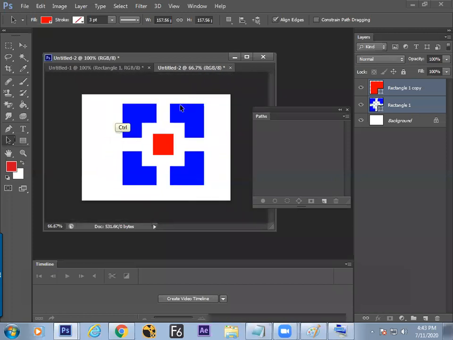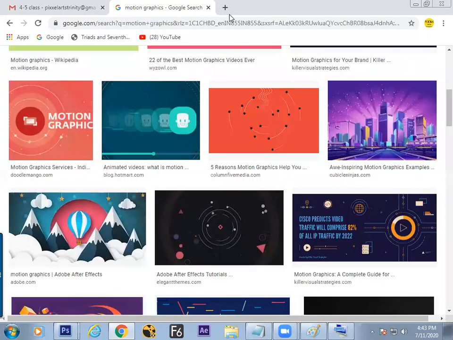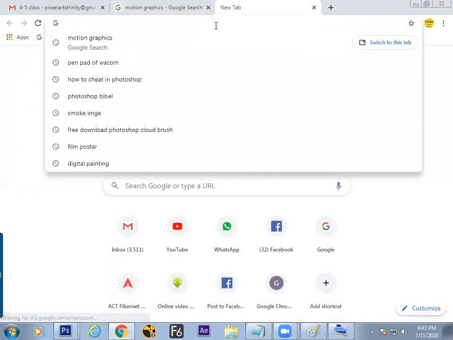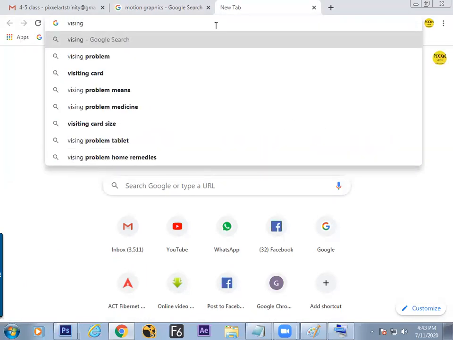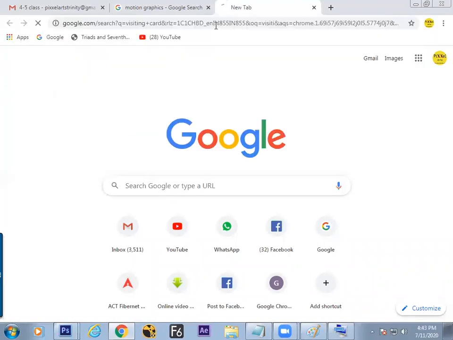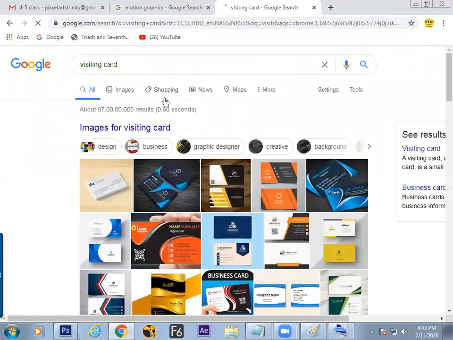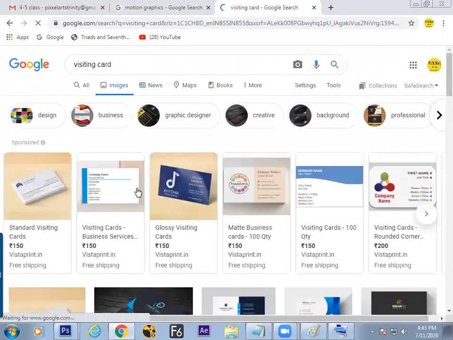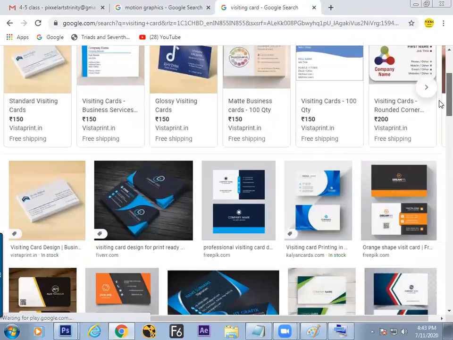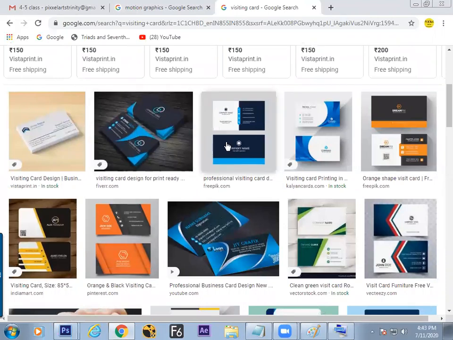Let us go for a next practical example. Often once you are going to a job, then first they will ask you to make a visiting card. Am I right? No? Visiting card. And visiting card is a game of shapes. So you can find rectangle, rectangles. Every time you'll find rectangle or like a little bent structures, which is there.